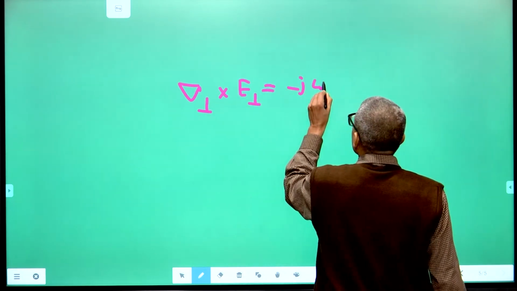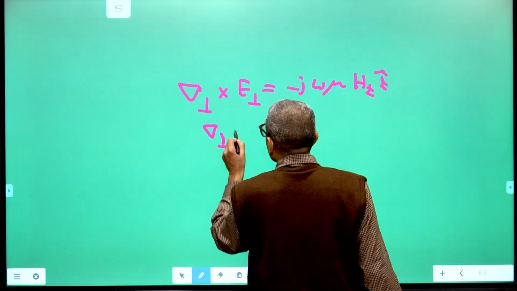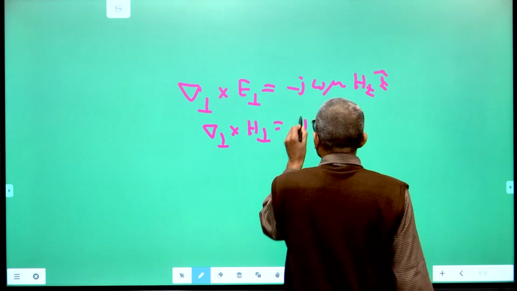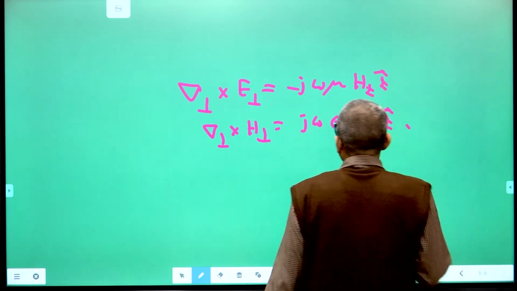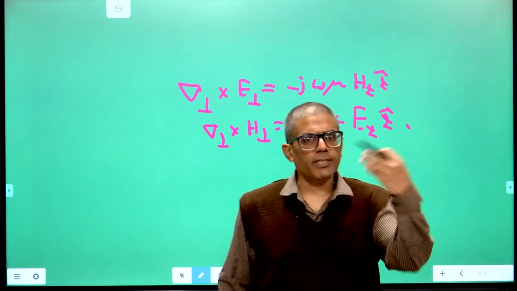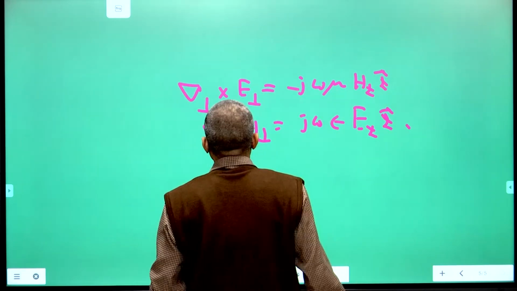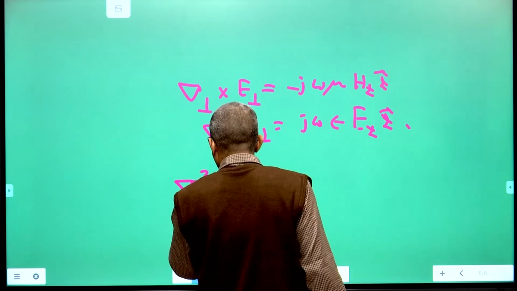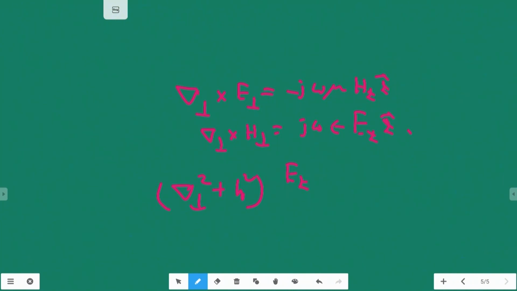When you look at the last equation, del perpendicular cross E perpendicular is minus jωμ Hz z cap, and del perpendicular cross H perpendicular is equal to jωε Ez z cap. When you substitute for E perpendicular and H perpendicular, the expressions are given in terms of the longitudinal components. Because you can do it in a coordinate-free way, you get (del perpendicular squared plus h squared) acting on Ez equal to 0, and (del perpendicular squared plus h squared) acting on Hz is 0,